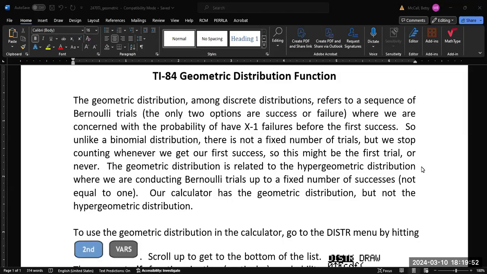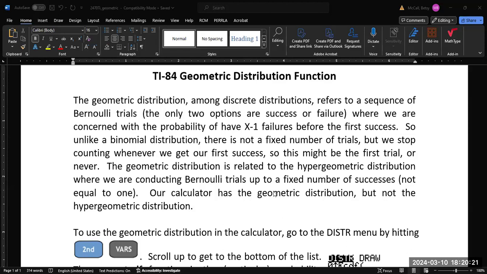Okay, so in this video, we're going to look at calculating geometric distribution probabilities using a TI-84. Now, the geometric distribution is a discrete distribution and refers to a sequence of Bernoulli trials. Again, Bernoulli variables are what we're essentially using in the binomial distribution, where we have only the options of success or failure. And here we are going to calculate the probability of needing X number of rolls until we get